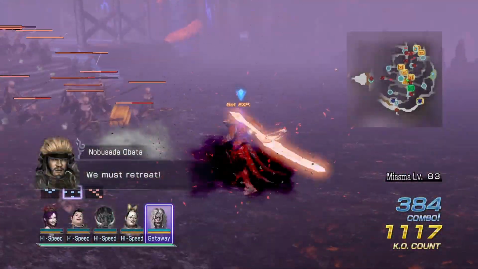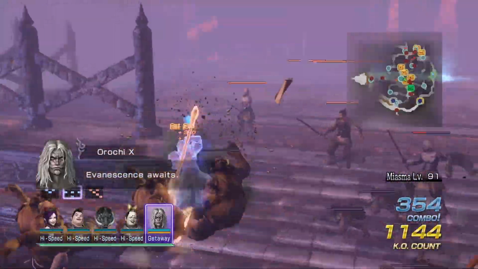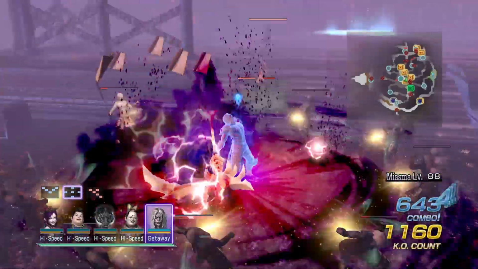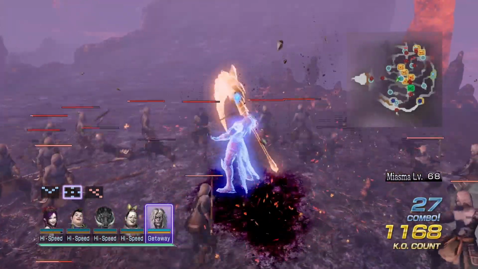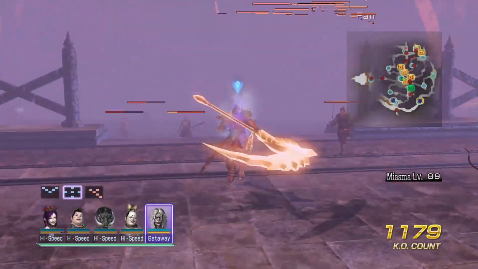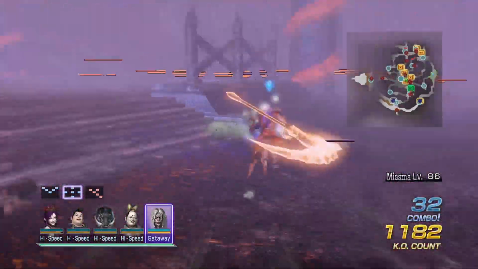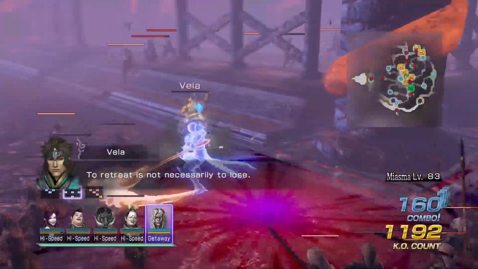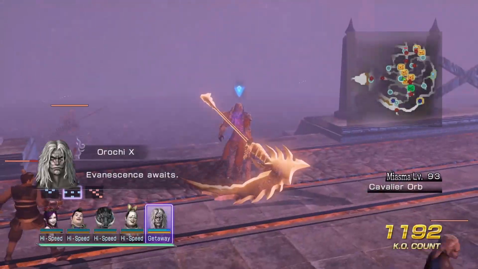までか撤退せよ 敵将崩壊した 私の知略に勝てるとお思いか吹くことがそのまま負けではない 敵将崩壊した